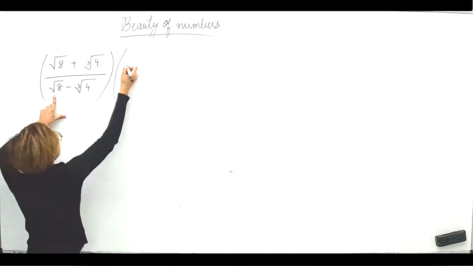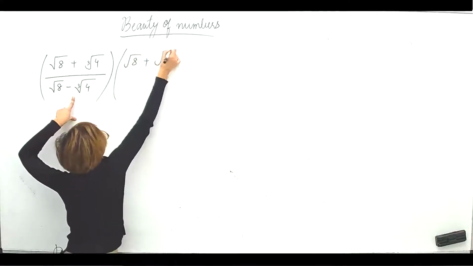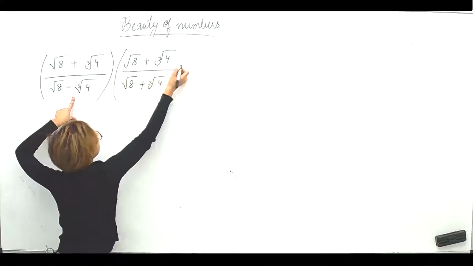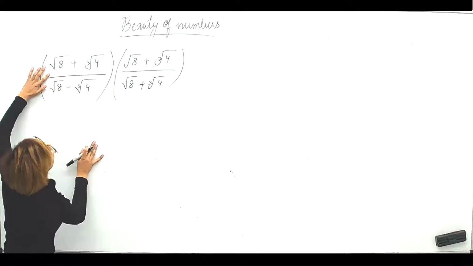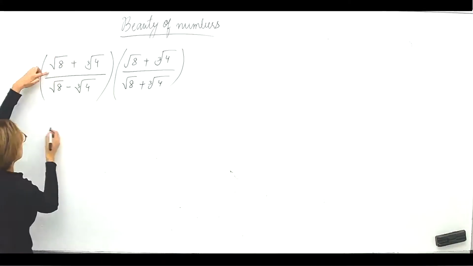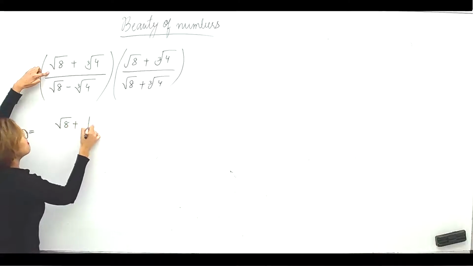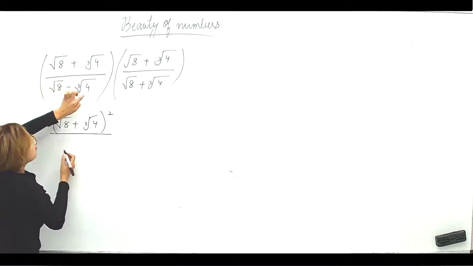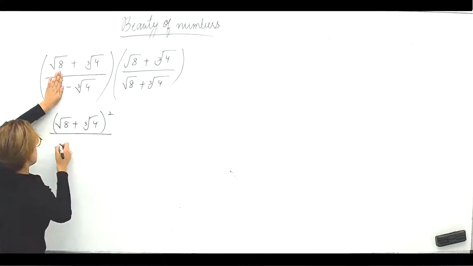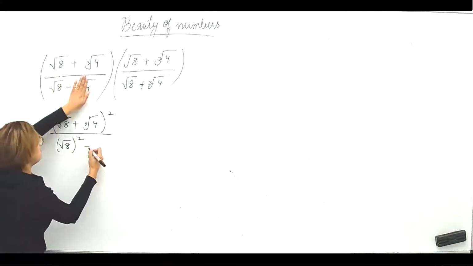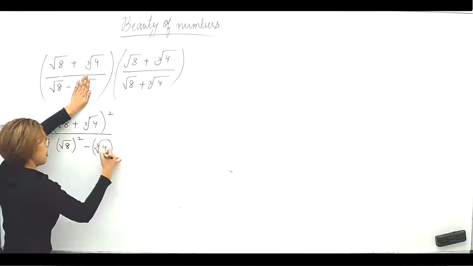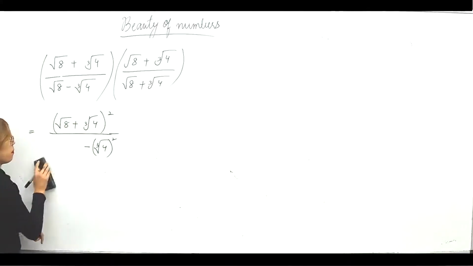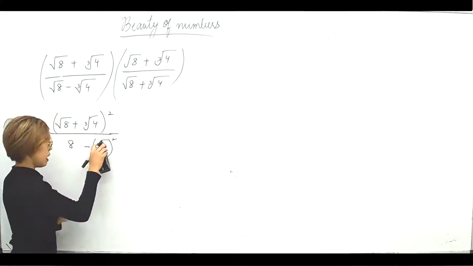So let me multiply by a plus b. We'll divide by square root 8 plus cube root 4. Right? So, same quantity only? Oh, same. So that means this is nothing but square root 8 plus cube root 4 whole square. We'll divide by a minus b into a plus b, so a square. So square root 8 ka whole square minus b. B is cube root 4 whole square. Right? Okay. Now obviously this becomes 8 and इसको बार बार ऐसे लिखने के बजाय पहले मैं ये लिख लूँ